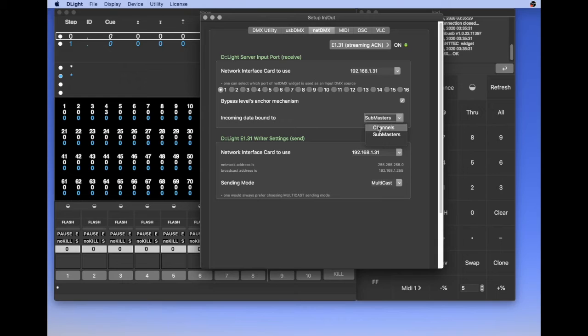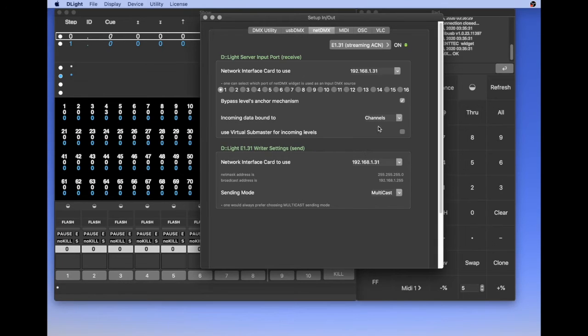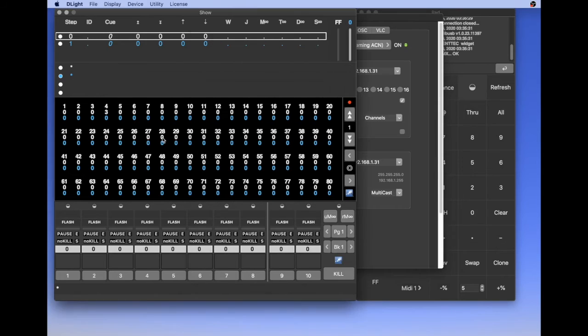In case your controlling input DMX is set to the channels, you have the possibility to use a virtual DMX, a virtual submaster for incoming levels. What does it mean?